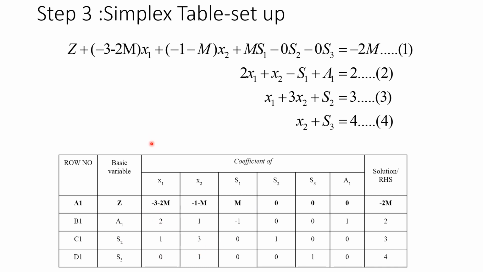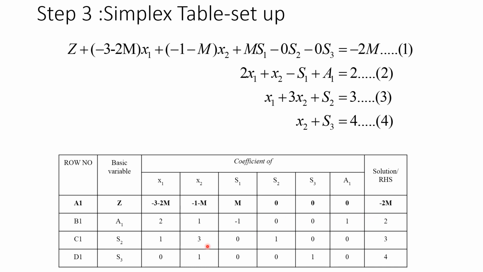Okay, coefficient of z, so z is minus 3 minus 2m, x2 here it is minus 1 minus m, s1 it is m, s2 0, s3 0 and a1 0, and right hand side is minus 2. Okay, in the next row a1 variable, so this equation number 2, 2 1 minus 1, s2 is not there so 0, s3 is not there so 0 and a1 is there, so coefficient of a1 is 1,